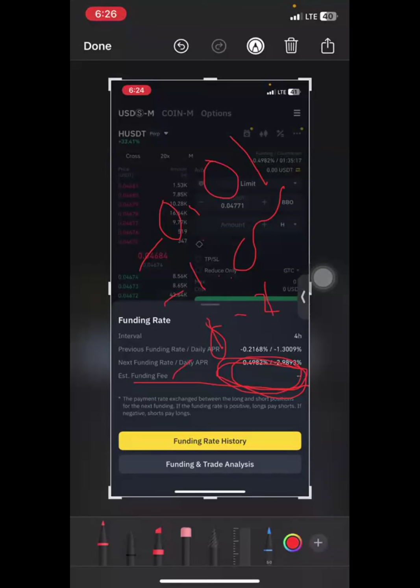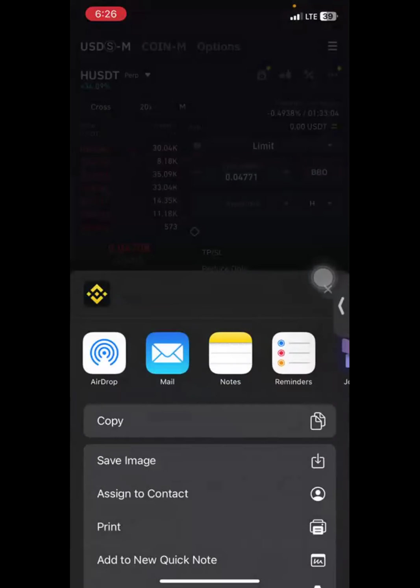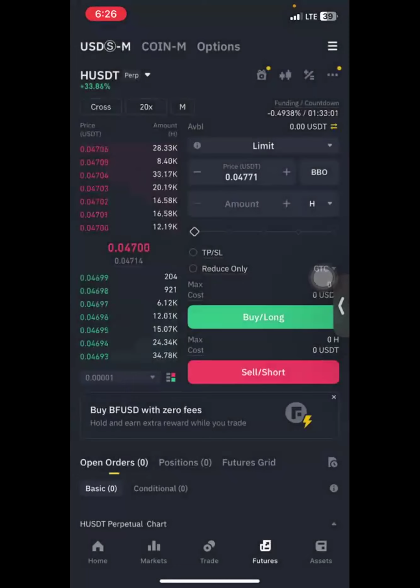Or if you still want to trade that coin, then you must look at the countdown. So looking at this particular coin, the countdown we have here is 1 hour 33 minutes. If you look at the top right corner, you see that the countdown is 1 hour 32 minutes. It's now 32 minutes. So if you are going to trade on this coin, the funding fee is high. It's negative 0.4. It's huge. If you calculate this against your trading amount or the capital that is in the trade, you realize that it's very huge. So it will not be advisable to trade, especially if you are trading with, let's say, $500 capital